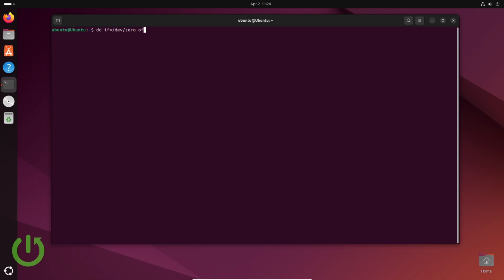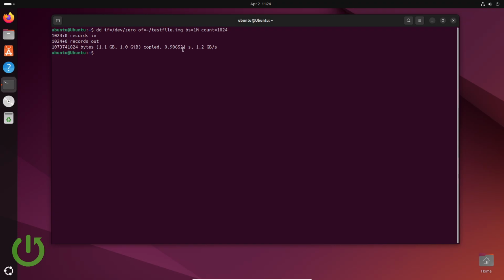And now the output file will be again maybe in the home section, testfile.img. And now the block size will be 1 megabyte in this case, and count 1024. Why 1024? Because it has to be 1 gigabyte, so we have to do it like this. So it should work. We will press enter,